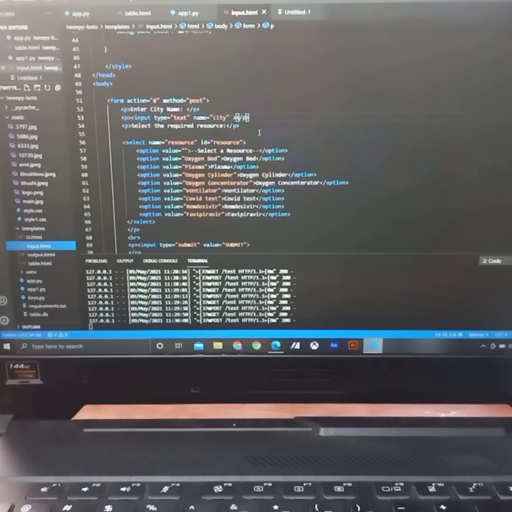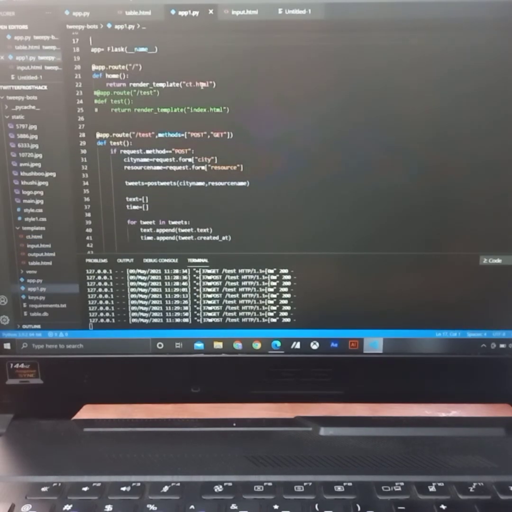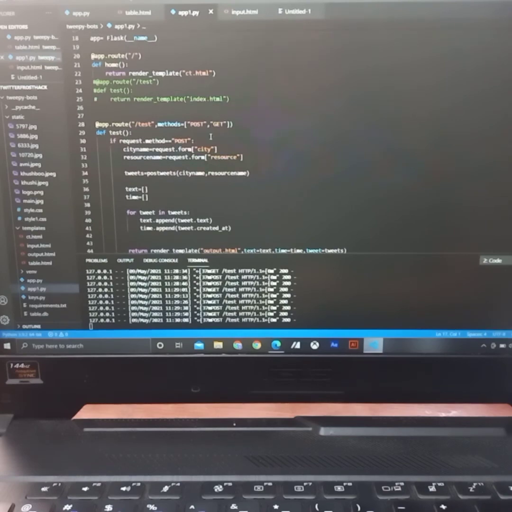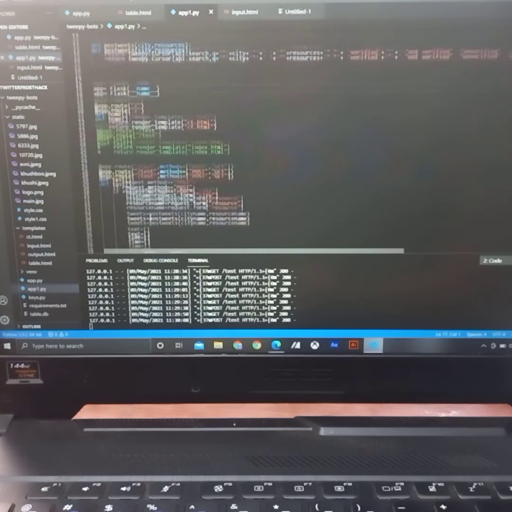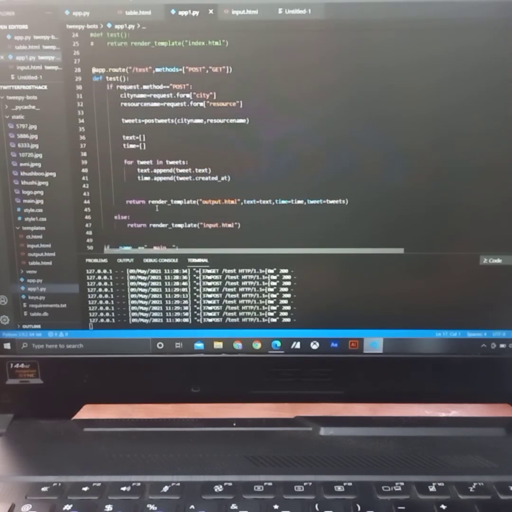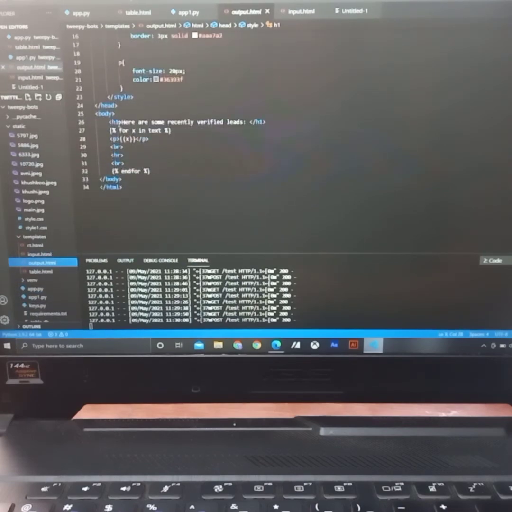This is the code for taking input from the user about their needs. It is connected to our backend, which uses Tweepy to look for the relevant tweets on Twitter and stores them in an array, which is then displayed in the output by this code. We use Django for this.